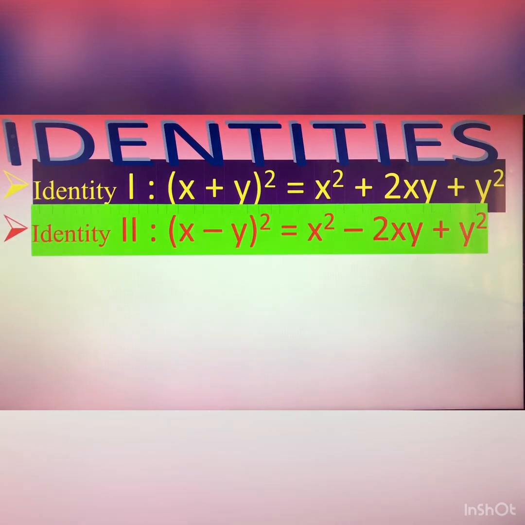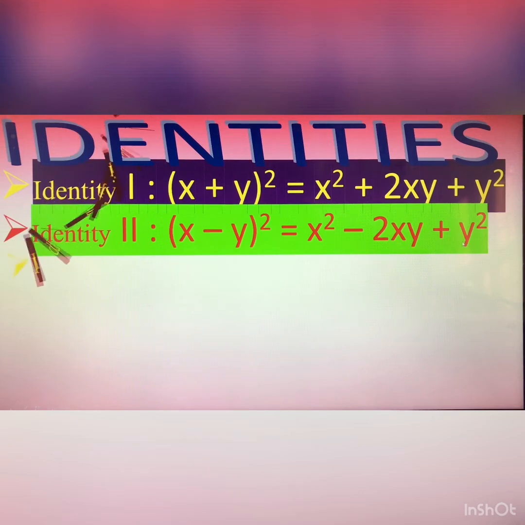Now identities which are used in this chapter. So identity number 1, x plus y whole square, that is x square plus 2xy plus y square. And the second identity x minus y whole square. So dear, here is negative sign only. Sign is changed in the first and second identities. Here is plus sign and here is the minus sign. So you will change only this middle sign. The middle sign is changed in the first and second identity. So you will also change the middle sign and write same to same, that is x square minus 2xy plus y square.